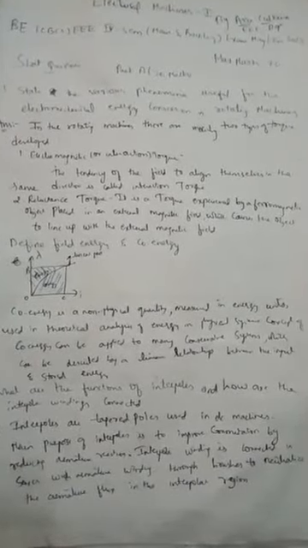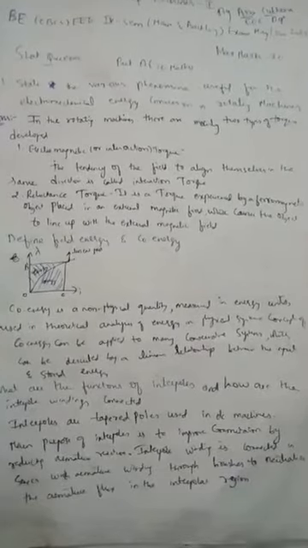First question is, state the various phenomena useful for electromechanical energy conversion in rotating machines. So in rotating machines, there are two types of torque available. One is electromagnetic torque, another one is reluctance torque. The tendency of fields to align themselves in the same direction is called interaction torque or electromagnetic torque. And reluctance torque is a torque experienced by a ferromagnetic object placed in an electromagnetic field, which causes the object to line up with the external magnetic field.